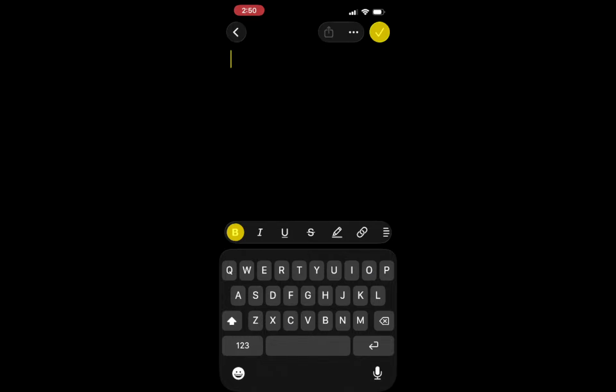Next, tap where you want to enter text. This action brings the cursor to the specific location in your note where you want to start dictating. You will notice the keyboard appears at the bottom of the screen. It is crucial to place the cursor accurately, as this ensures that your dictated text appears exactly where you want it. You can tap anywhere within the note to set your desired starting point. This helps maintain clarity in your notes and makes it easier to organize your thoughts.